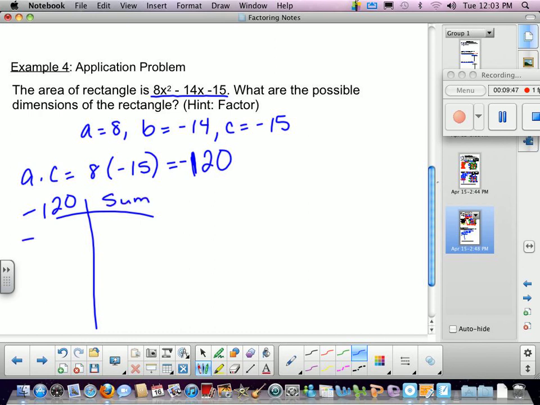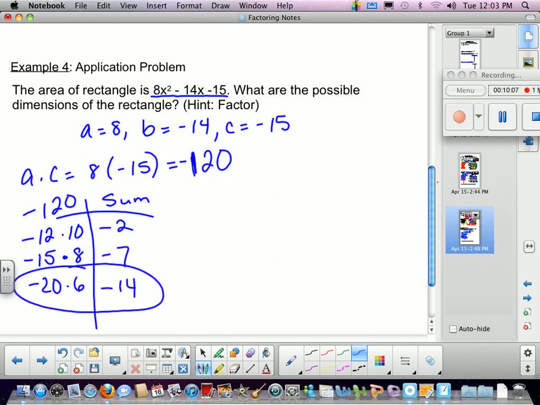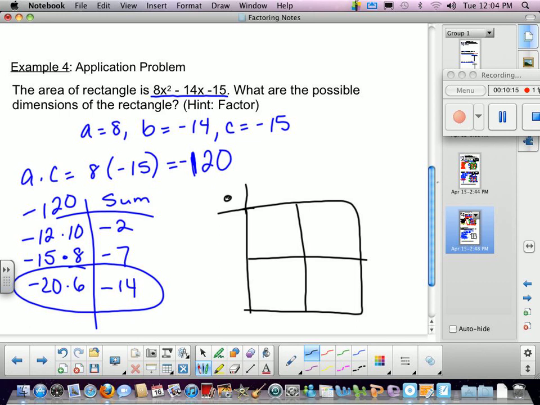So we're looking for the larger negative values. So negative 15 and 8 would be negative 7. Negative 20 and 6 would be negative 14. So as soon as we get negative 14, we can stop looking. Draw the box. And put the information in the box. 8x squared will go in the top left. Negative 15, bottom right. And then we're going to put negative 20x